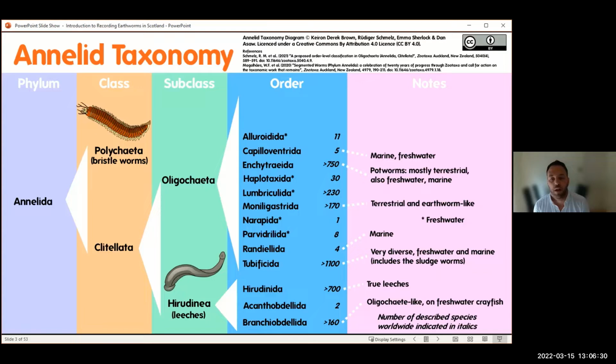The one group there that you may be familiar with that's terrestrial are the potworms, the Enchytraeidae, and they are a group of tiny little earthworm-like creatures that you get in the soil, in plant pots, in compost, things like that. But you also get them around the world living in glaciers. So some potworms are known as iceworms. So fantastic little creatures, and that number of 750 species described worldwide